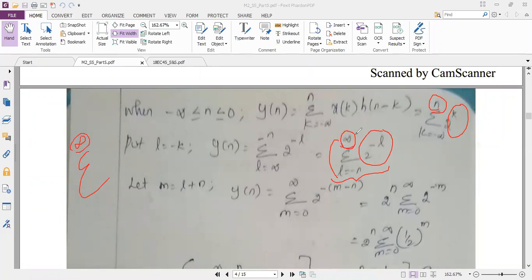So successfully I have converted the upper limit, but the lower limit is not converted. My lower limit somehow I have to make 0. In order to make it 0, I have to go for one more substitution. If you practice, by seeing the question you can guess what substitution to do. So now I'm taking one more new variable m, to make the lower limit into the standard limit. That means I want to make the lower limit 0.